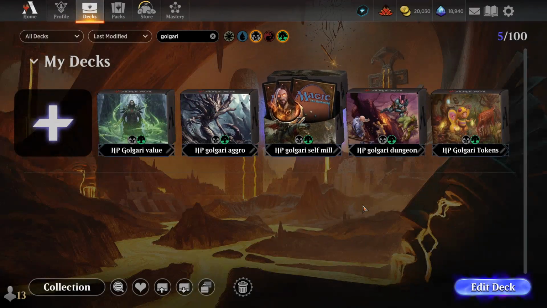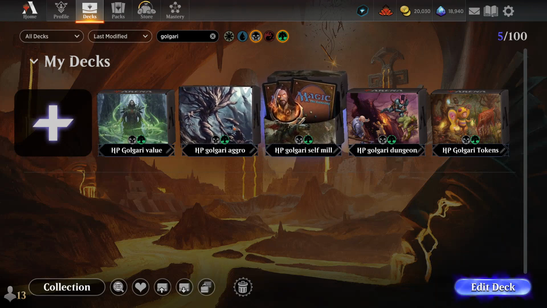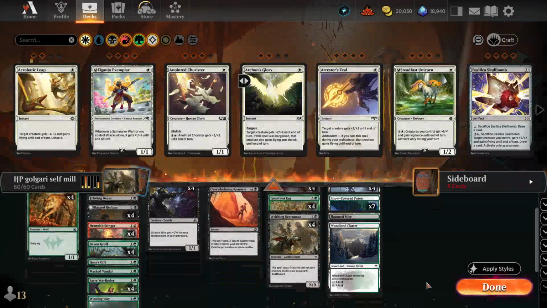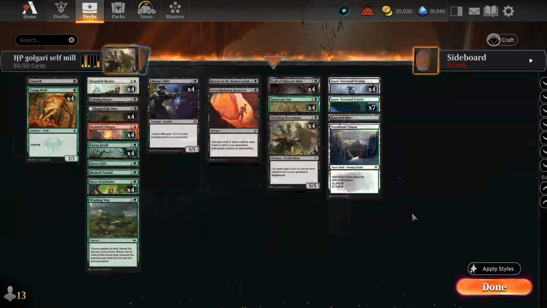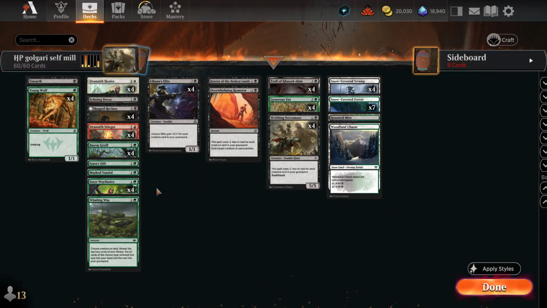So next one, Self Mill. Again, these are all on a spectrum basically, and so you could play a lot of the cards in aggro or in Self Mill in aggro to turn on this deck. One of the things you lose by trying to go mostly creatures is it's hard to turn on your Delirium creature. So this deck's not very good at turning on Delirium, but you can certainly go halfway